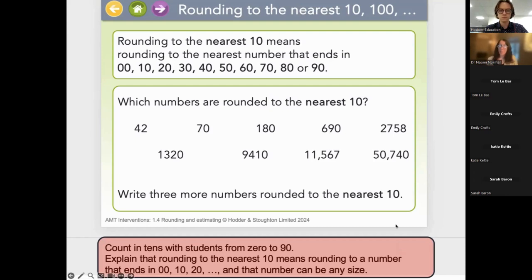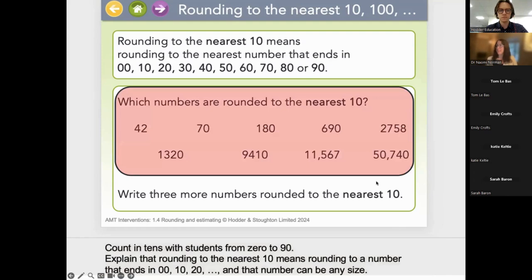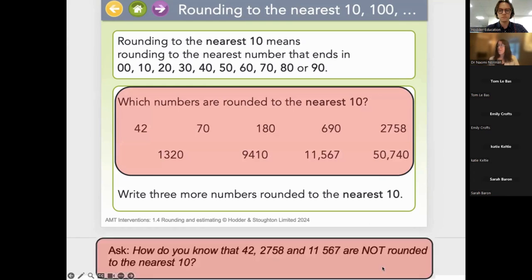So here, we offer practice in recognizing numbers rounded to the nearest 10, including not just 2-digit numbers, but 3 digits, 4 digits, and even 5-digit numbers as well. And the teacher notes down here suggest consolidating what is learnt so far by asking students how they know that